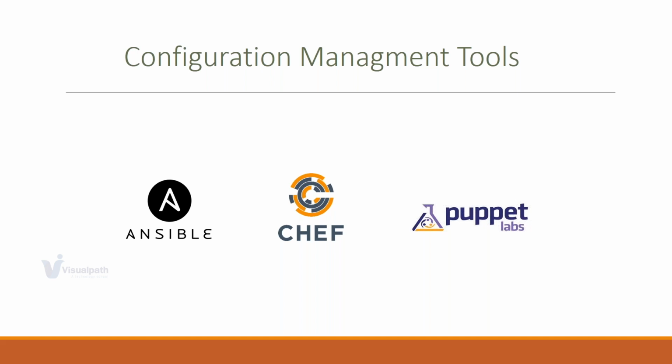Basically, we use this configuration management tool to change some configurations on the target servers and to deploy applications on the target servers. These are the two main requirements for using configuration management tools. If you check here, there are three tools available in the market: Ansible, Chef, and Puppet. We are going to concentrate on Ansible because almost all Linux environments are integrated with Ansible, so it will be very easy to understand and make use of Ansible. And